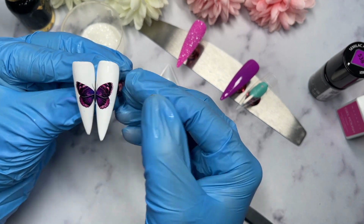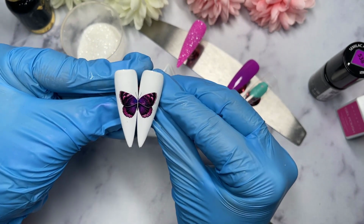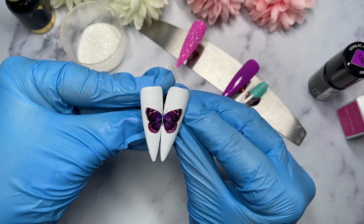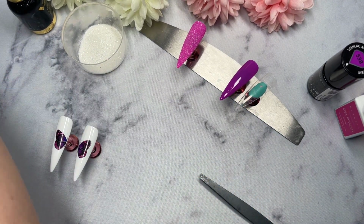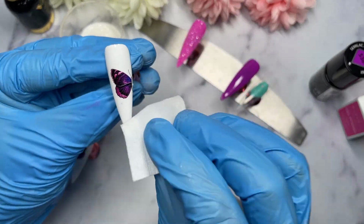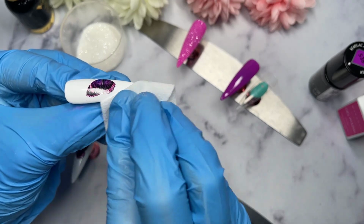It can be quite tricky just because once it dries, you probably will find it quite hard to move them, so you have to work quick whilst it's still wet. You've still got a few seconds where you can kind of move it about quickly before it dries. So now I'm going in with my nail cleaner, my little wipe,